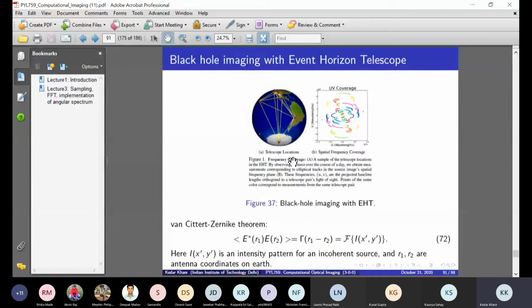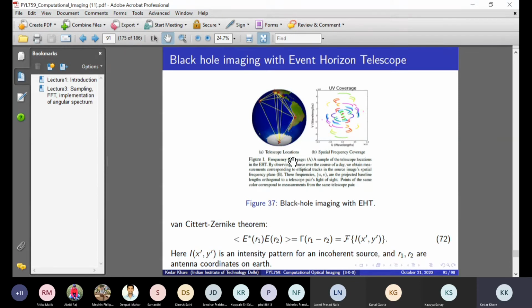There is no ensemble here. There is only one place you are looking at. Generally, ensemble average means that you have multiple realizations of the same system, but under the ergodic hypothesis, you can say that I can do a long time average, and it will be essentially the same as my ensemble average. So this average is actually the coherence function called gamma R1 R2, but in this case you can show that if the source that you are imaging is incoherent, and this is a stationary process, somehow the gamma R1 R2 function is only a function of R1 minus R2.